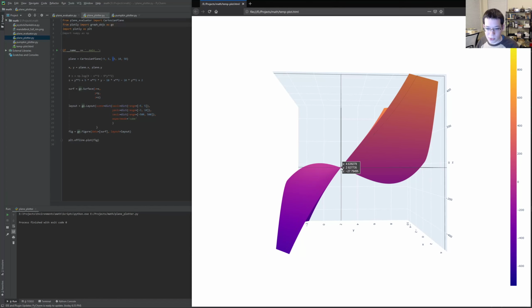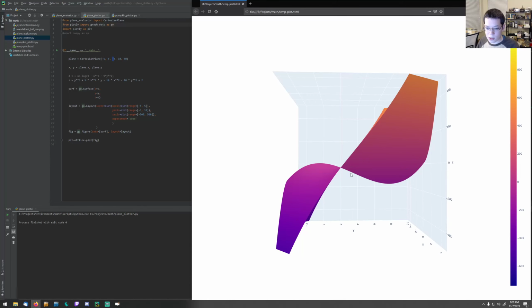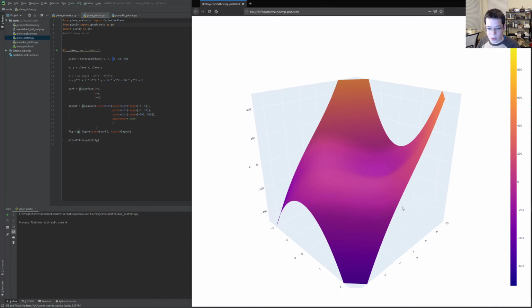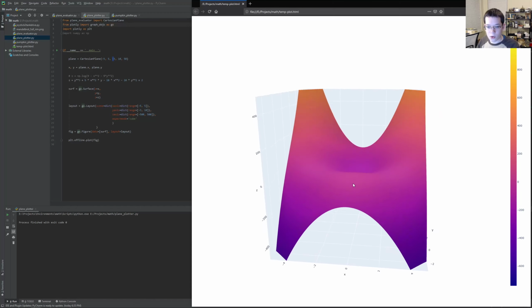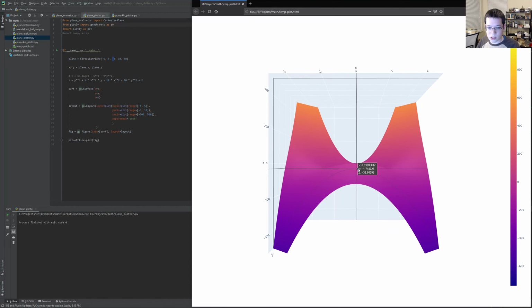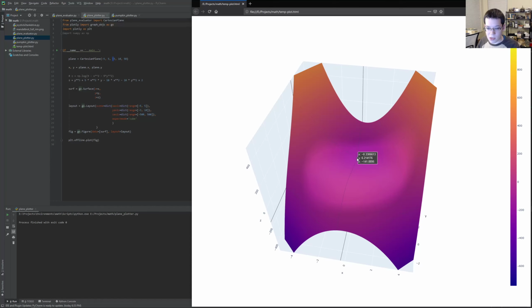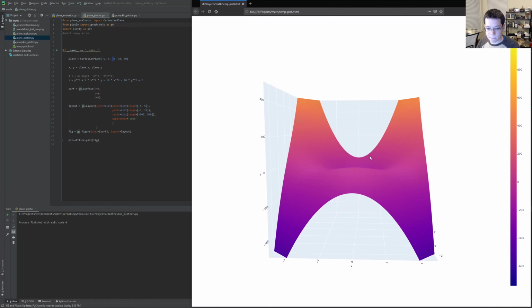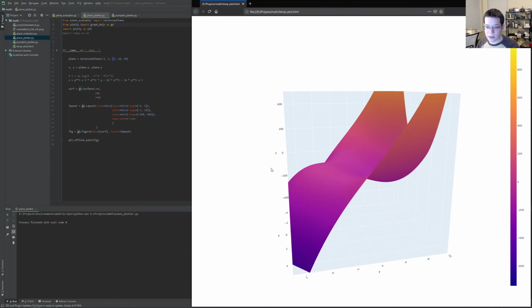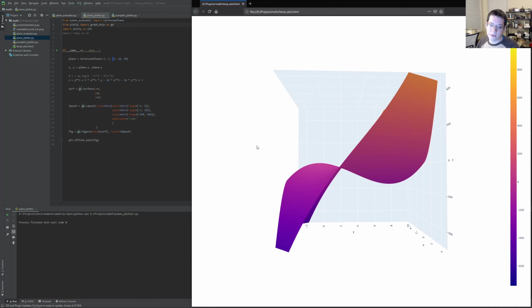So this spot right here that we're looking down, where it's all flat, that's at y equal to 2. Just like we predicted in the math. We had another one where x was equal to 0. And so we have a max here and a min there. Right. Right. So,